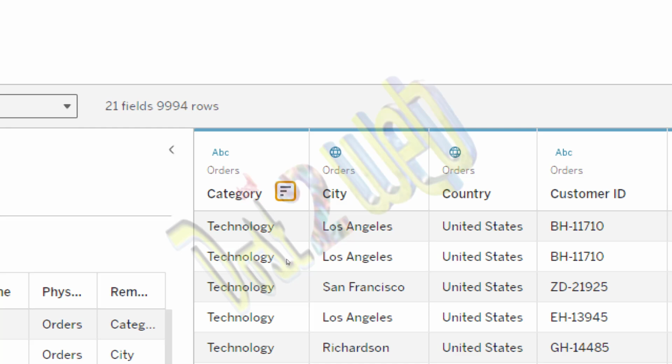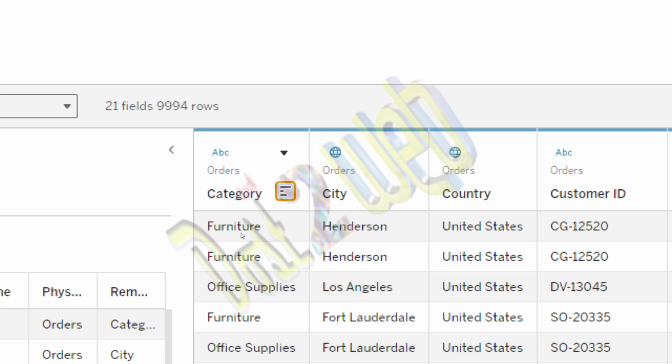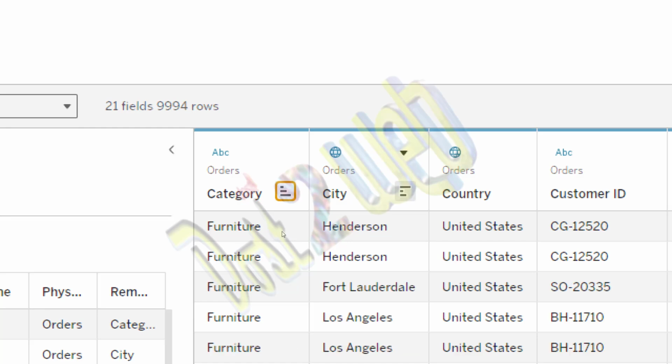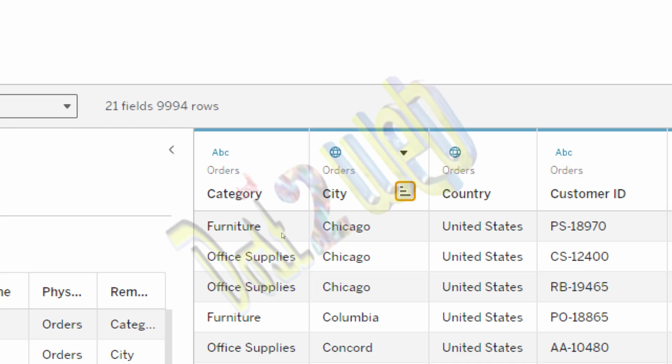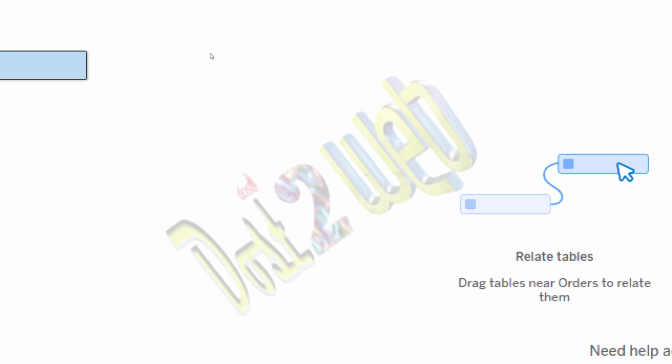And the moment you sort, automatically it will sort the next rows also. You can see that technology, the second city is Los Angeles. Again, if I click on that, you can see that it is getting changed, right. So, this way you can sort. Even if you want the city to be sorted in ascending order, if you click, it is going to be sorted based on that. So, based on each individual column you can sort the data. This is called sorting, ascending and descending order, right. This is about this. The next one